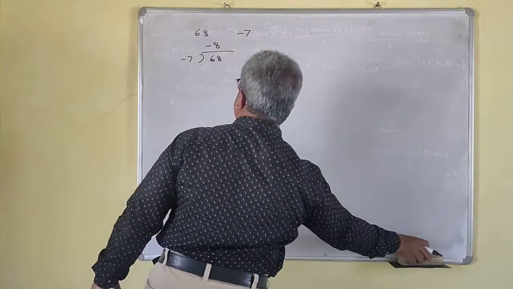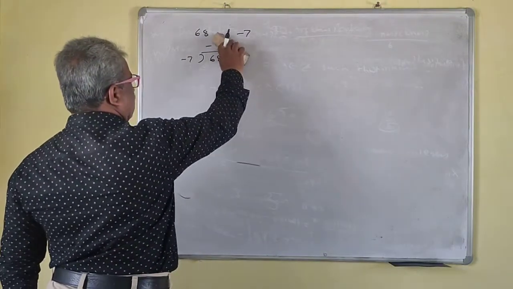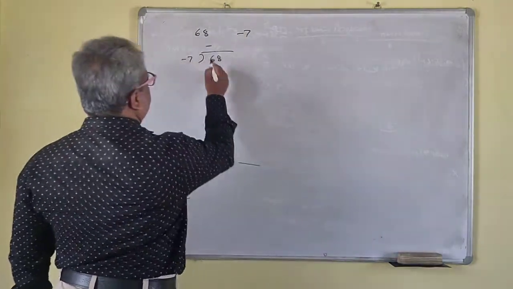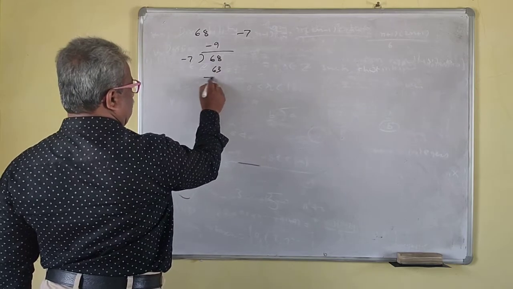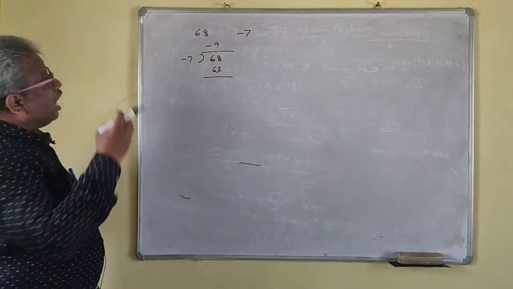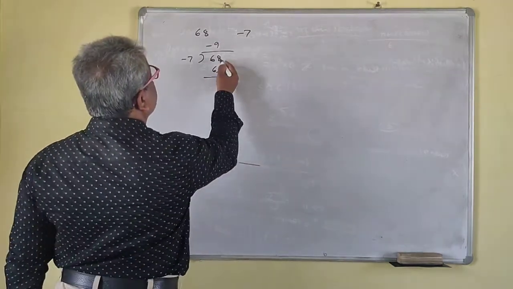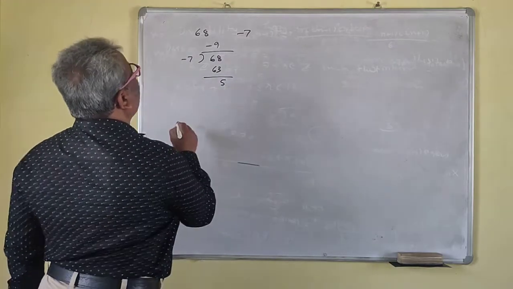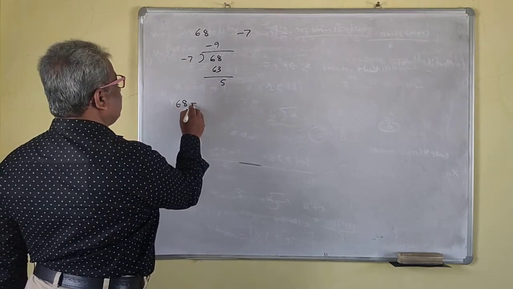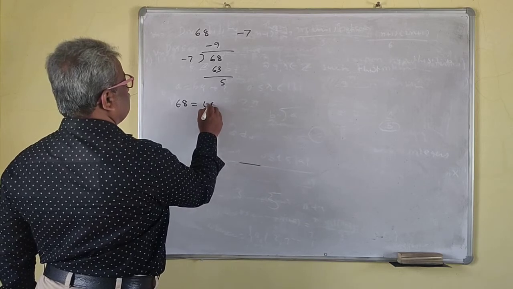No, 9 is also applicable here. Minus 9 times minus 7 is 63. And what is this then? So this is 5 then. How can I write this? 68 is equal to minus 9